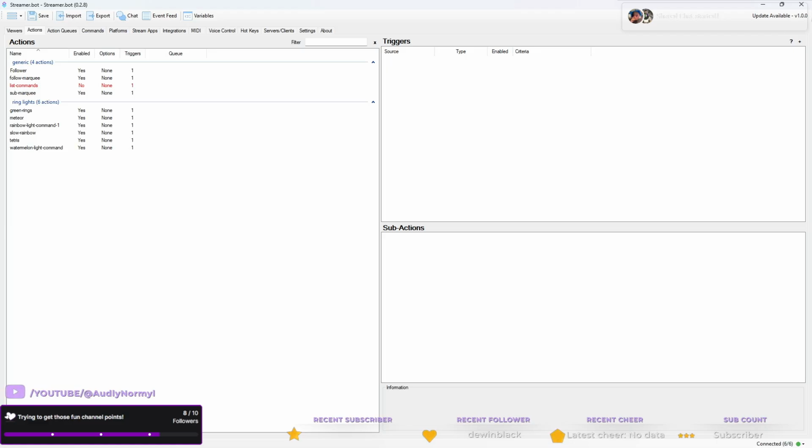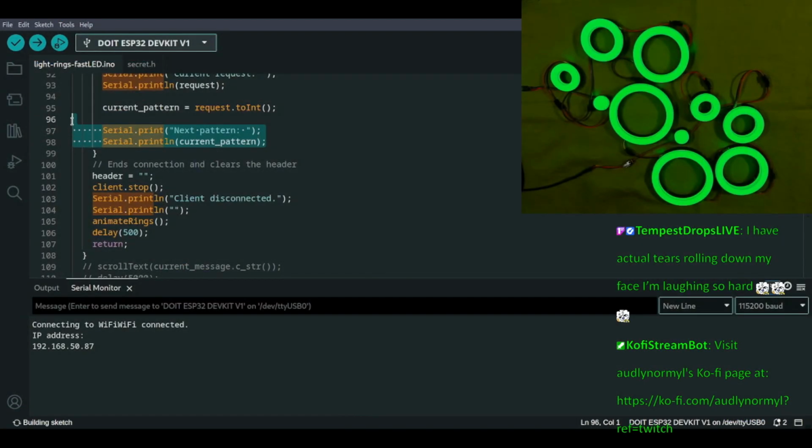Ready whenever you are. All right. So this will be very similar to what we did with the marquee. We'll need to create a trigger that is your command, whatever you want the command to be. We'll have to name these effects.